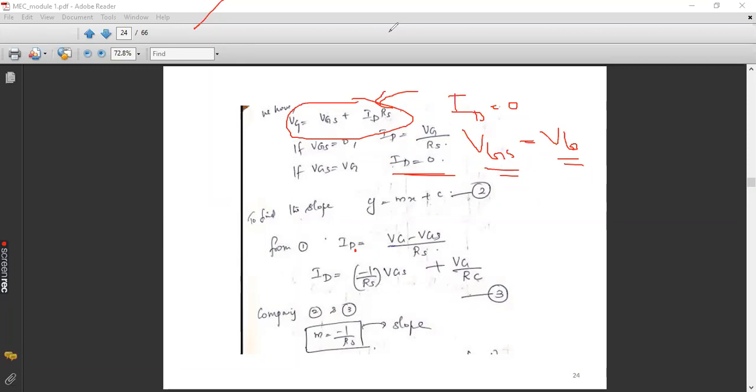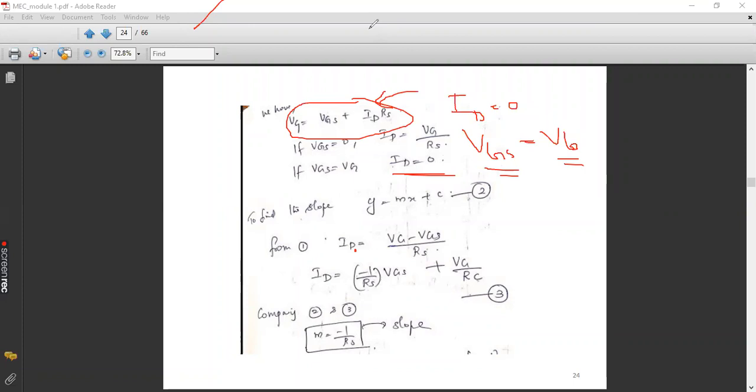Take that particular circuit diagram of the biasing technique with RS. When ID equals 0, do you find any voltage drop across RS? No, we can't expect any voltage across RS because the current is 0. Voltage means current into resistance. So when there is no current, there is no voltage drop across RS. That means whatever we have fixed at the gate, the same voltage will come across the gate to source junction. So we can say that VGS is equal to VG when ID is equal to 0.